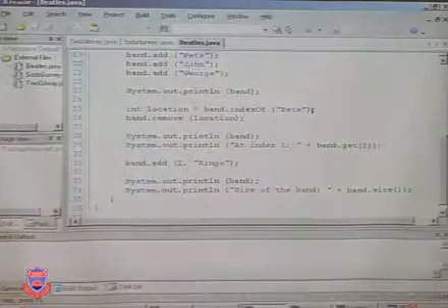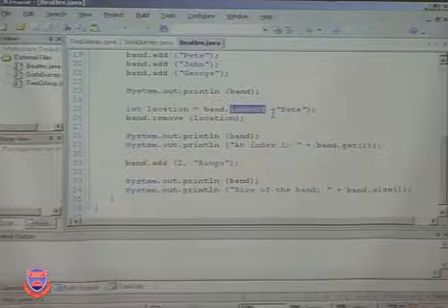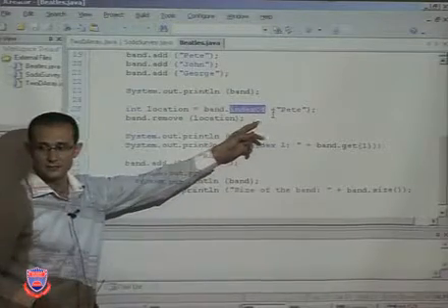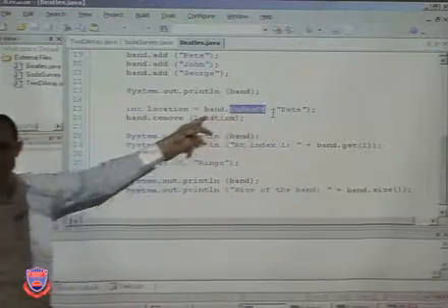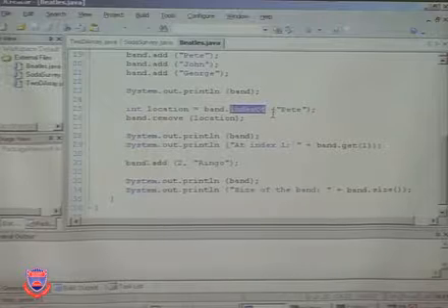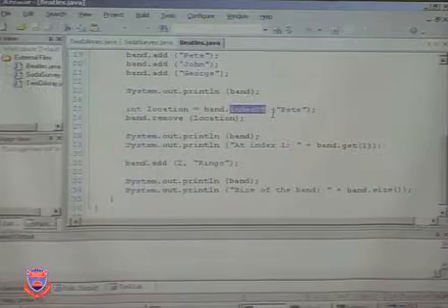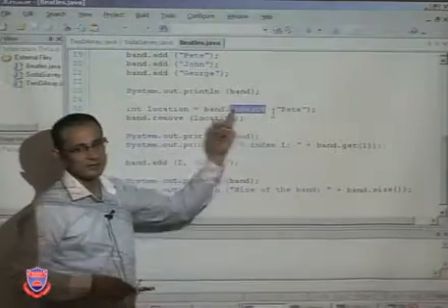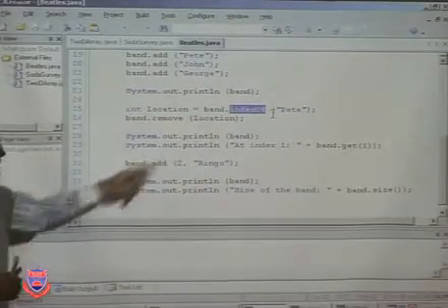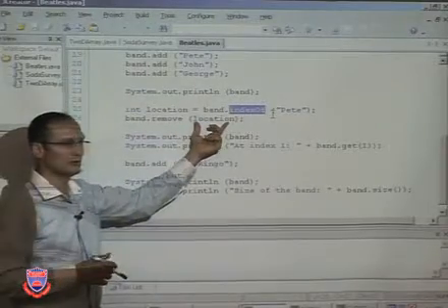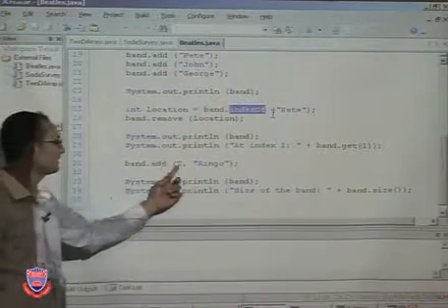So if you go back to the array list operations, we have the index of, which gives the first index that is found in the array list, right? If I want to get the last index, is there a method to do that? Last index of method will return you the last appearance of Pete if there's more than 1. If there's 1, obviously index of and last index of will return the same thing. And you can remove with a given integer location in the array list, and then you can add for a